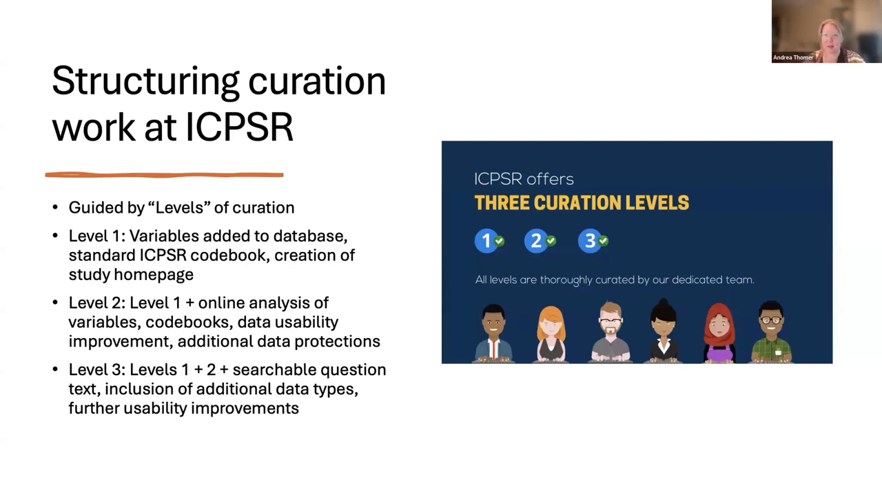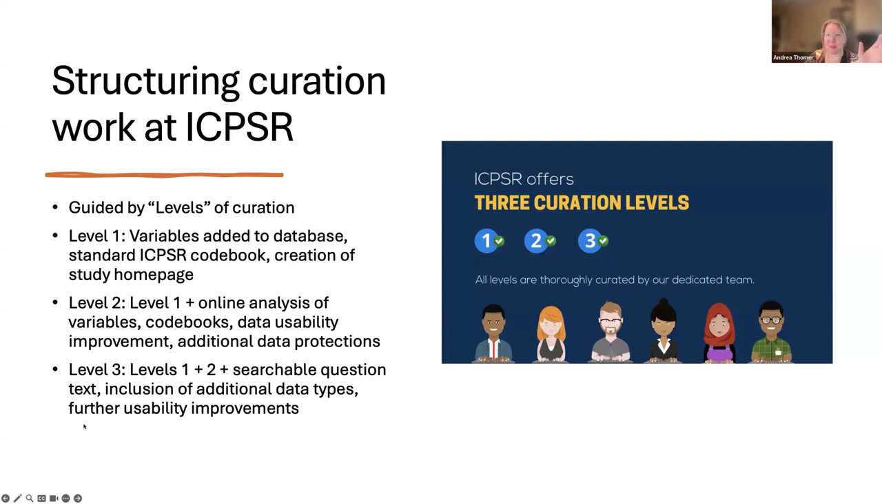So is the curation of this data set being funded by a federal department, a federal government, or is it a sole PI who has limited money? So basically, level 1 is the most basic one, and that's making sure that the variable names are getting added to the ICPSR database, using a standard ICPSR codebook, and creating a study homepage. Level 3 includes additional usability improvements,